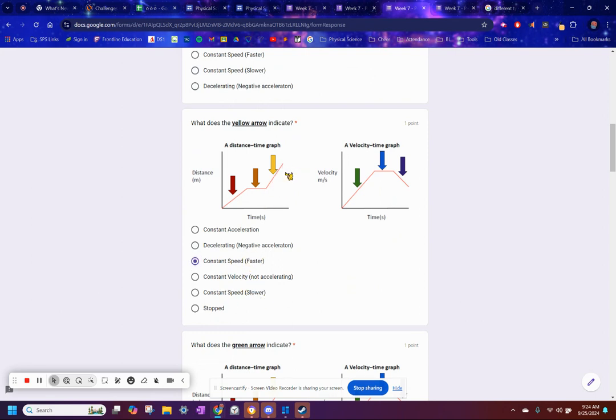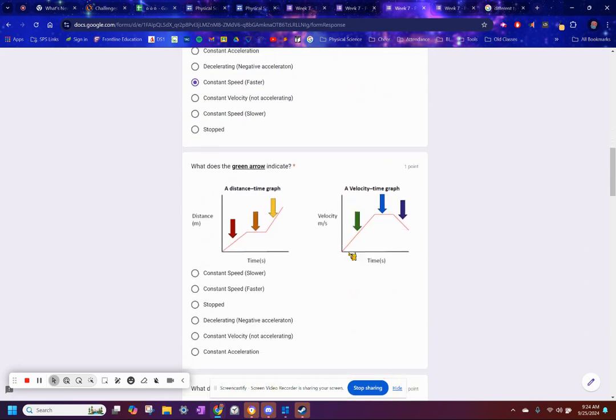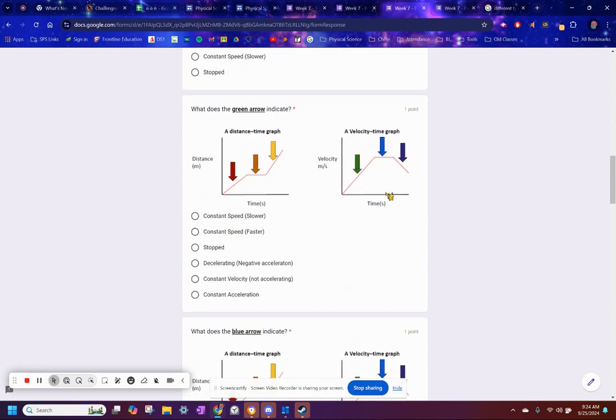Green arrow, we're now on a different type of graph, velocity time graphs. This is pretty much speed divided by time, meters per second, second. This line shows us acceleration. Looks like we're accelerating pretty consistently at the green arrow. So do we have a constant acceleration? There it is. We're accelerating,